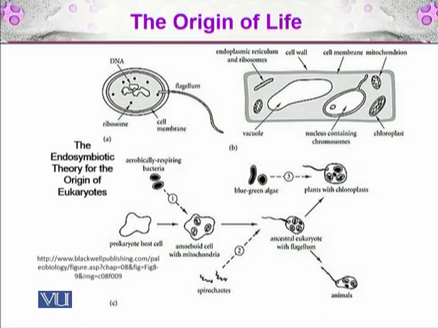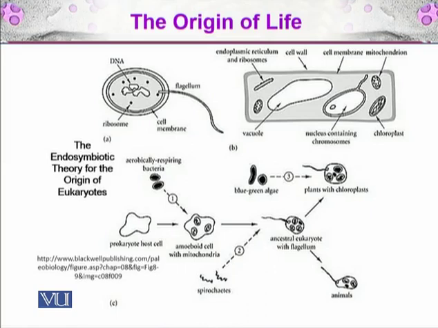It is containing endoplasmic reticulum with the ribosomes and membrane-bounded organelles, just like the nucleus. So it is, and chloroplast, and it is the eukaryotic cell. So A and B are prokaryotic and eukaryotic cells respectively. In the C part of this diagram, this shows how a prokaryotic host cell